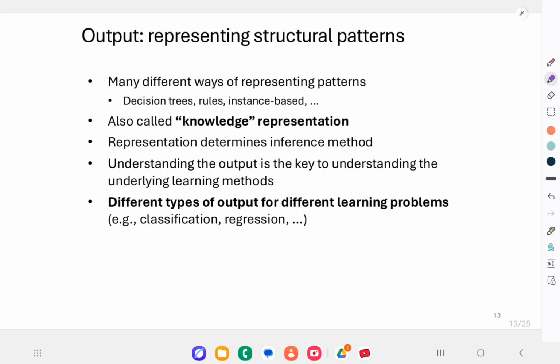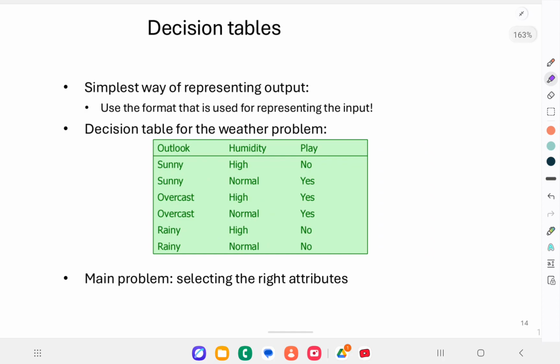For instance, a classification model might give us a tree or a rule, versus a regression model might give us an equation that describes a line or a hyperplane. The type of representation that is used will determine the inference method afterward, that is, how the model applies what it knows to new, unseen data. That's inference. We're going to discover some of the common knowledge representations, with some examples here.